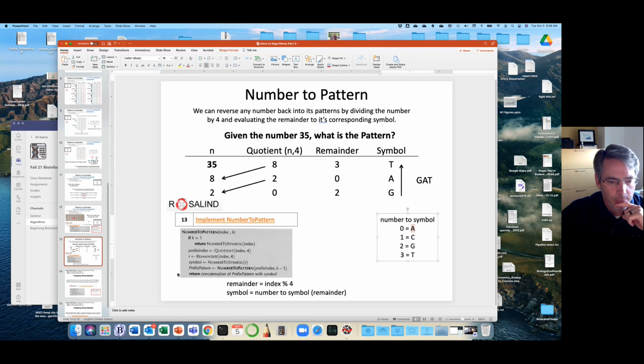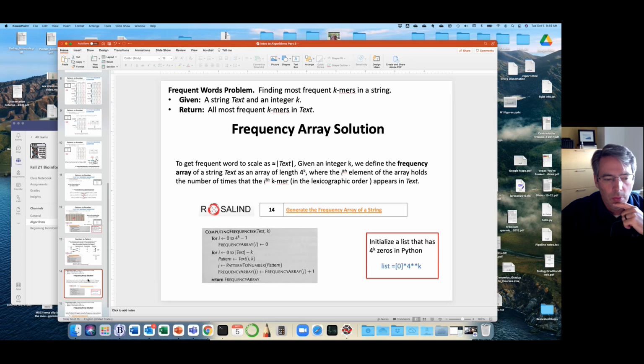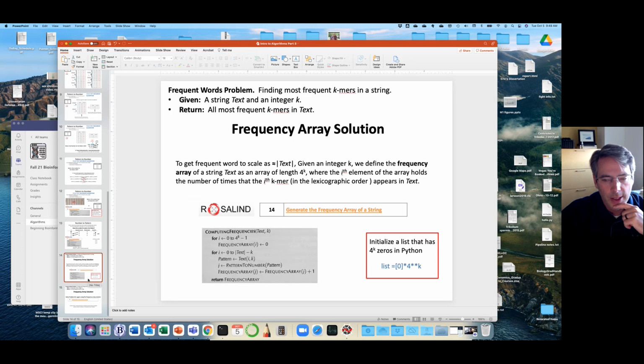Okay, so you have the pseudocode there. And then one more thing is that to solve the frequency array of a string, and I talked about this in class last Thursday when I was going over some of the coding on the board, or actually I was showing it in Spyder. But to solve the frequency array problem,